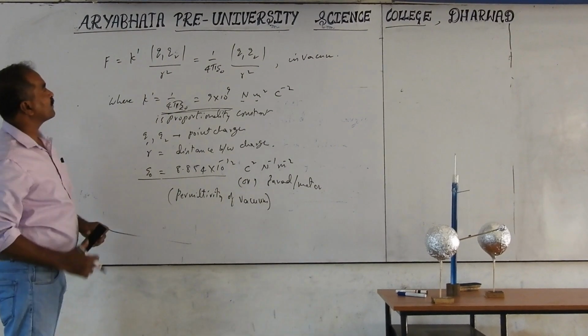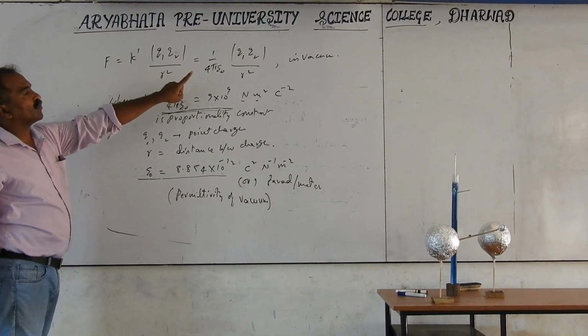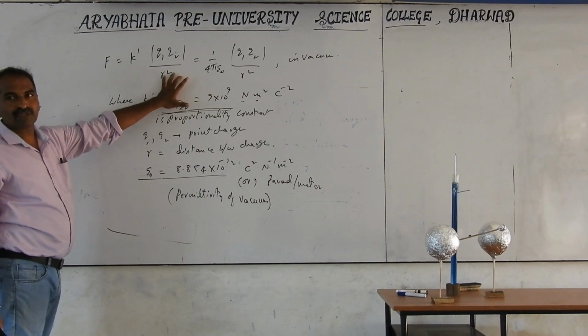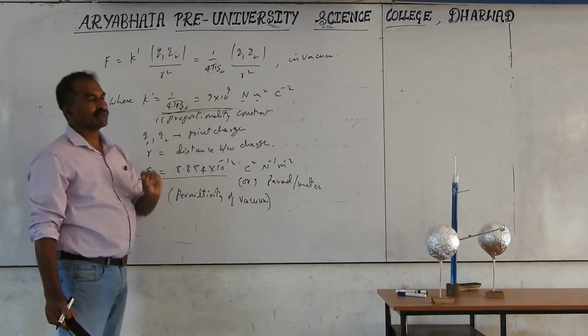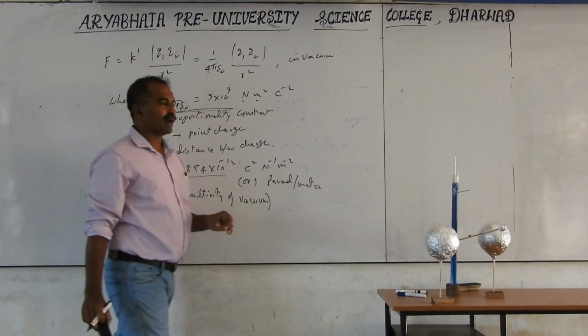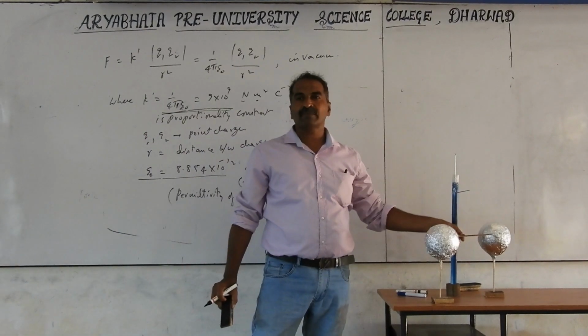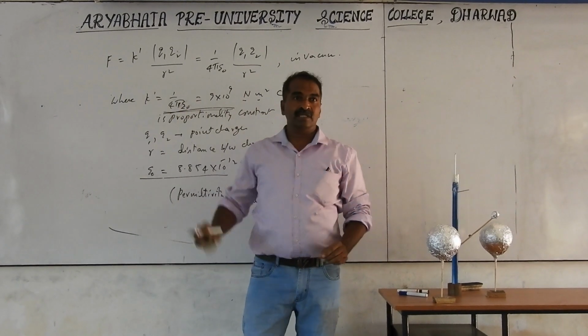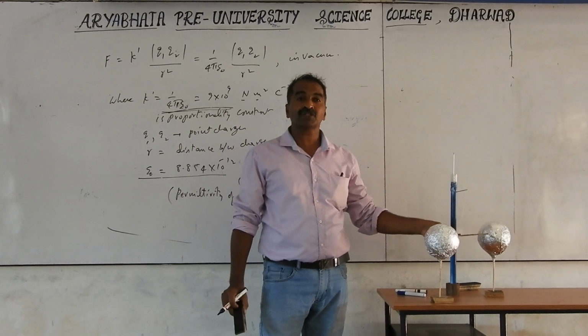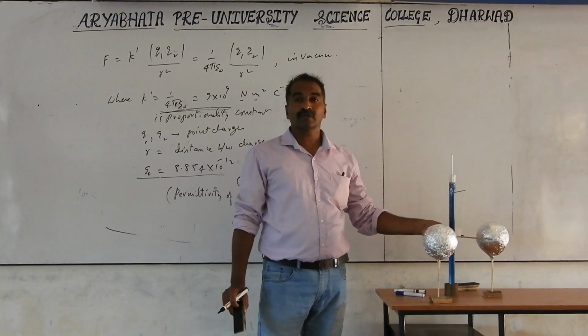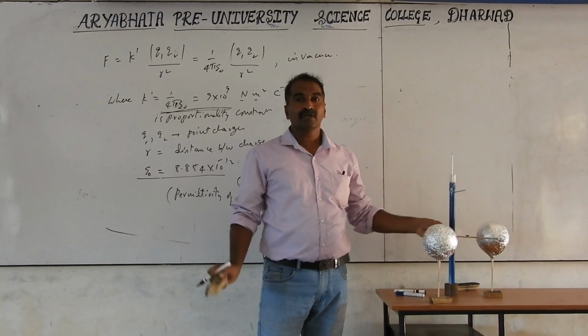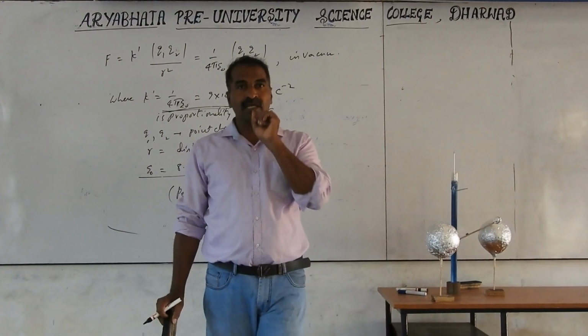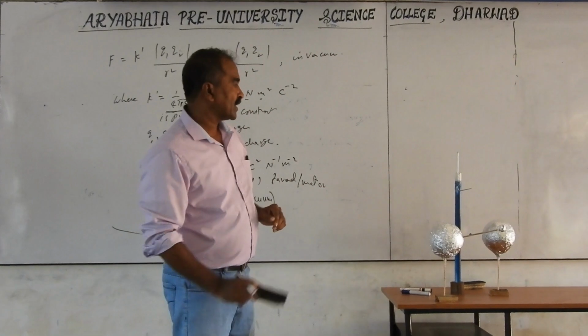From this Coulomb's law, the definition of 1 Coulomb was taken. By knowing this proportional constant, which was calculated experimentally with the help of the torsional balance. The torsional balance is used to find the force between the charges. The same torsional balance was also used by Cavendish to find the gravitational force constant in the formula given by Newton's gravitational force.